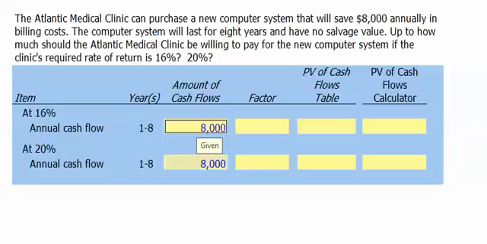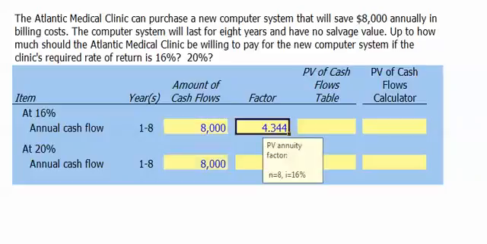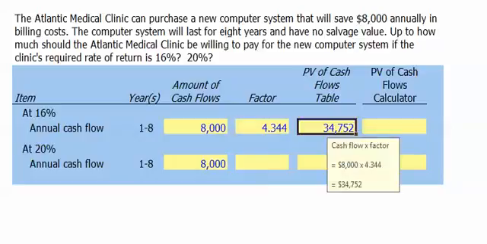The $8,000 annual savings in terms of billing cost represent an annuity, so we need to begin by looking up our present value annuity factor for 8 years at 16% interest. We get a present value annuity factor of 4.344. To find the present value of the annuity, then, we multiply the 4.344 by the $8,000 a year annual cash flow, and we get a present value of